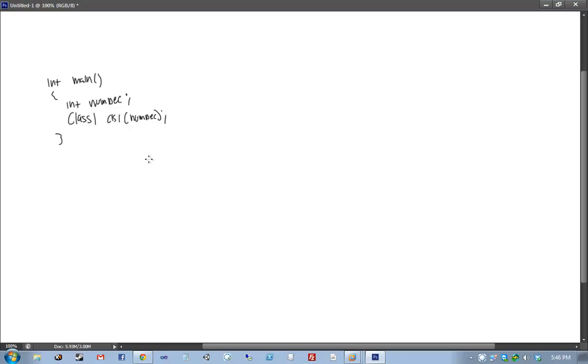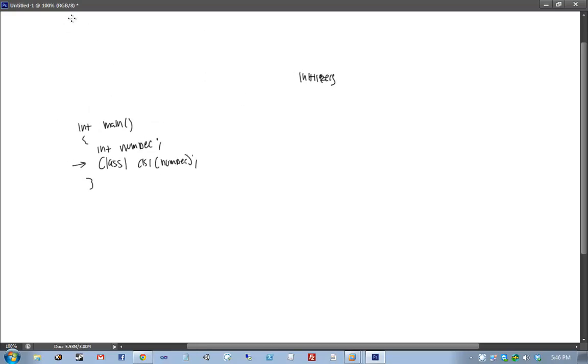Okay, this program, when this line of code is executed, the following things happen. The first thing that happens are the initializers. The initializers will initialize all of the fields. Remember, class 1 is defined like this. Which means that when this code executes, here's what happens. Let me go ahead and draw out the constructor as well.